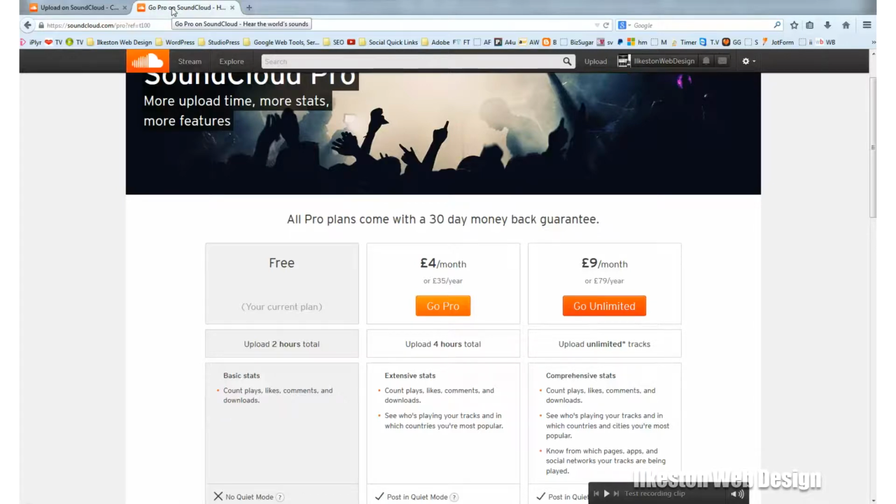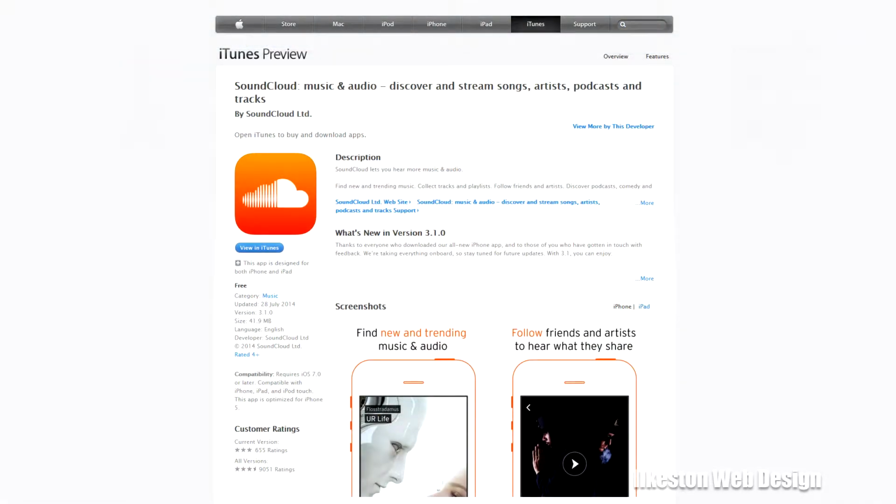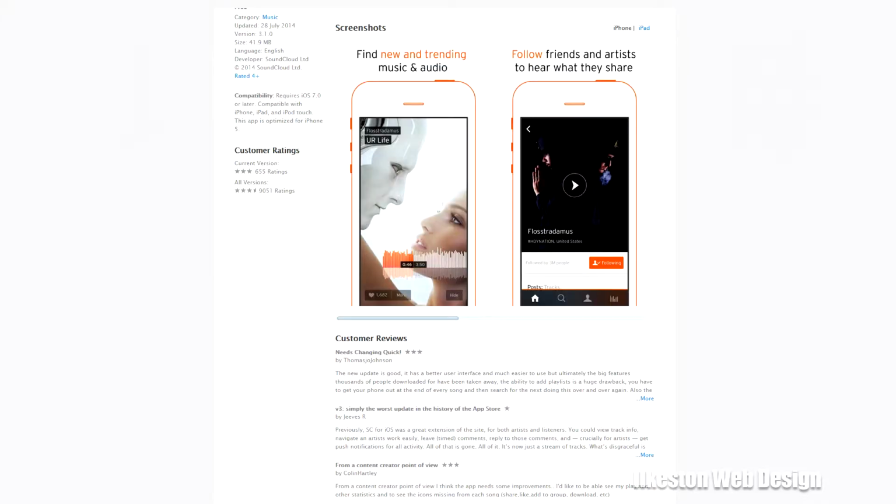Now, you can download that free from the Apple Store, and it's great because you can install it, sign in to the SoundCloud app, and you can actually record directly into your SoundCloud account through the iPhone. So you can log into SoundCloud, talk into the mouthpiece or into the microphone on top of the iPhone, which I've got, and that sound can be automatically uploaded live to your SoundCloud account.